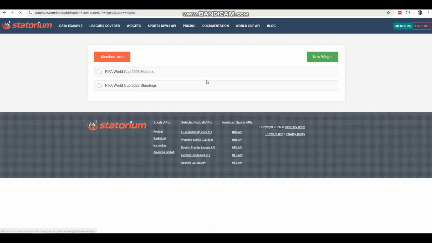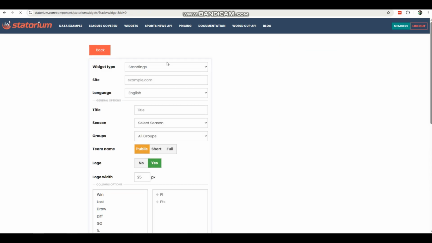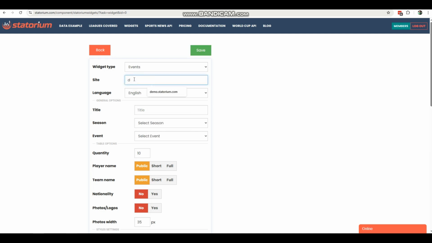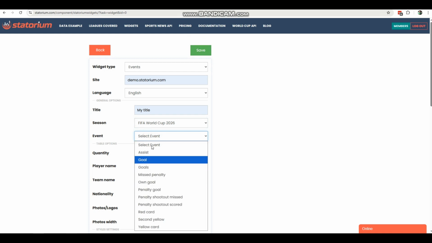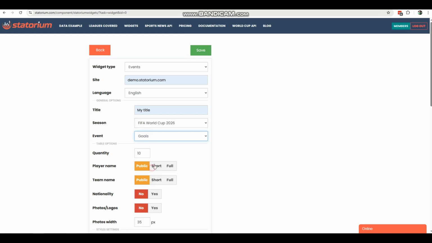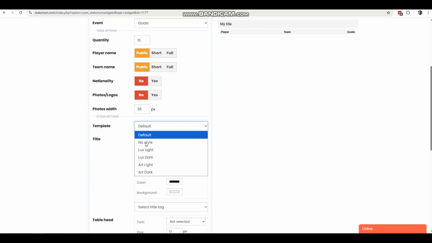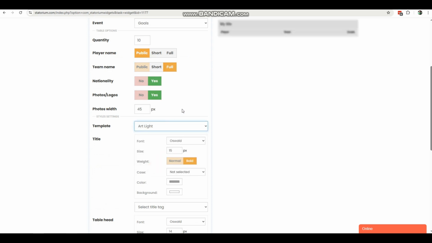Next widget I want to show is events widget. It actually should be named player events. So we select the season for coming match. You see player events. So for example, I want to show goals. Okay, let's choose the template, art light,